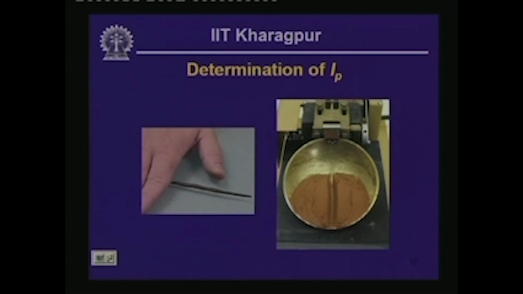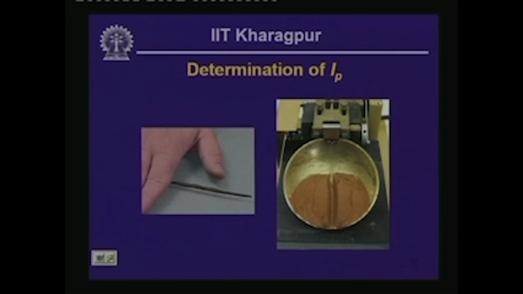Then how do we determine the plasticity index? In order to find out the plastic limit, we remold a sample of fine grained soils and try to roll threads out of it, as is shown in the left photograph there. And if the thread breaks when the diameter of the thread goes to 3 millimeter, then the moisture content at which this happens is called the plastic limit, and the liquid limit is found